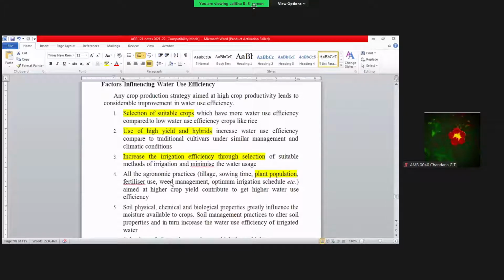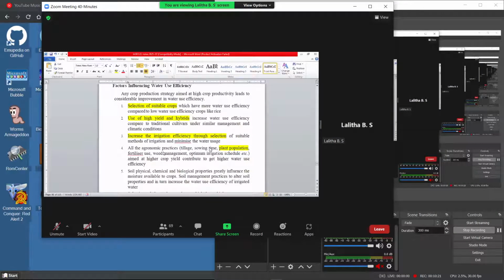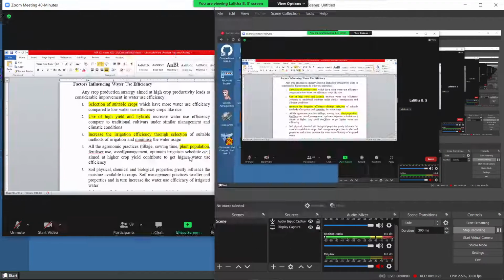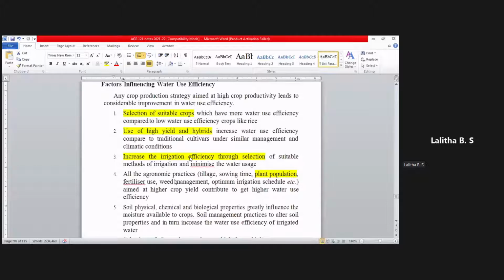Then again for the moisture, then again for the sunlight. When they fight and compete, automatically all these resources available for the plants are going to decrease. In the end, the result is that the crop is going to give less yield. So that's why irrigation also needs an optimum irrigation schedule.